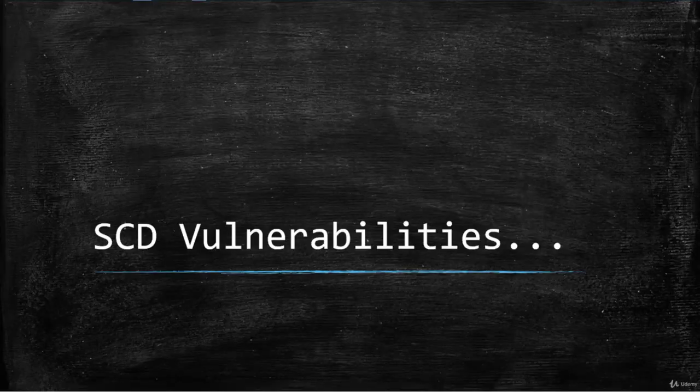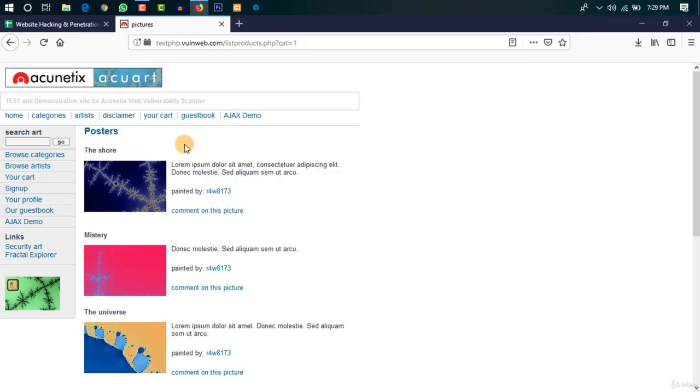Hey everyone, this is Sagar from UpDegree, and in this lecture I want to go over the SCD vulnerabilities, that is the source code disclosure vulnerabilities. Now that's a category, and how does a source code disclosure become a vulnerability? We will be understanding this thing. For this lecture I am on a page which is